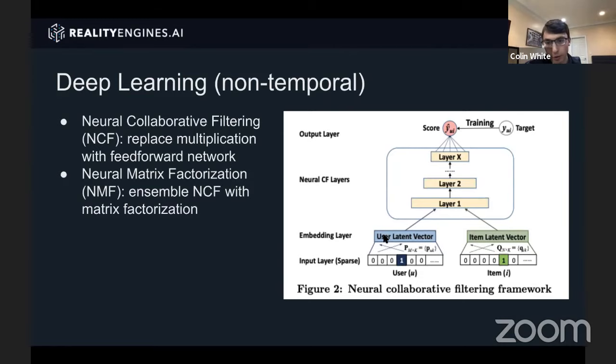Okay, so if you look at this picture on the right, we have as input a pair of a user and an item, and then we just take their raw features and put them through a neural network. And then the neural network outputs some score, which is the rating that it thinks that the user